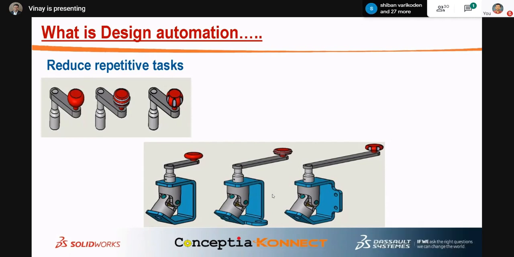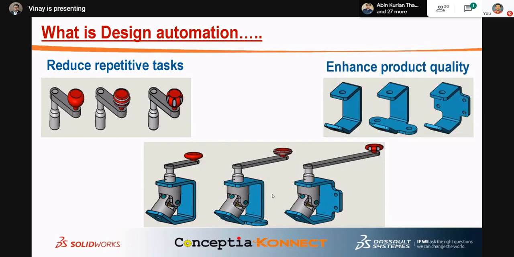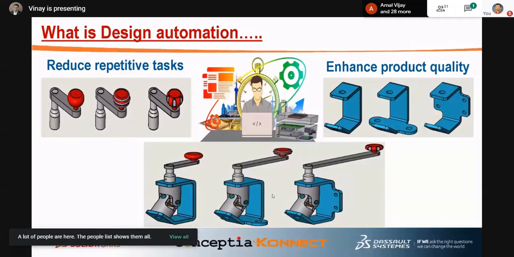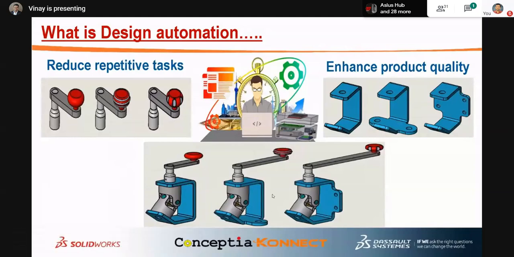So you have to reduce the repetitive task in the design. Once you reduce that repetitive task, then you will get time. Means the engineer will get time to enhance the product quality. So he will work on other products or on improving this product only.